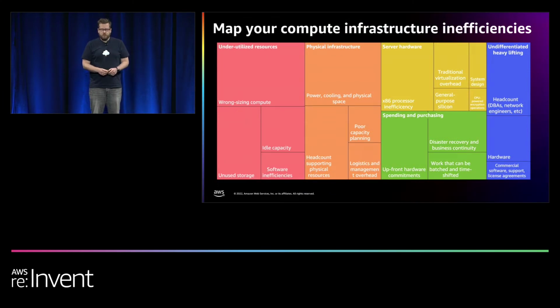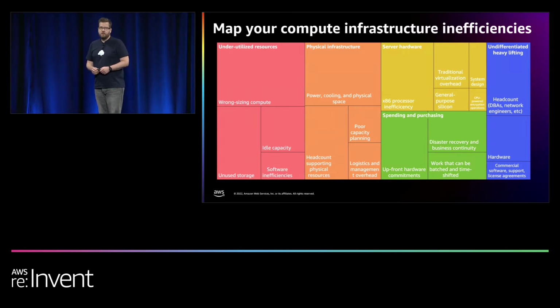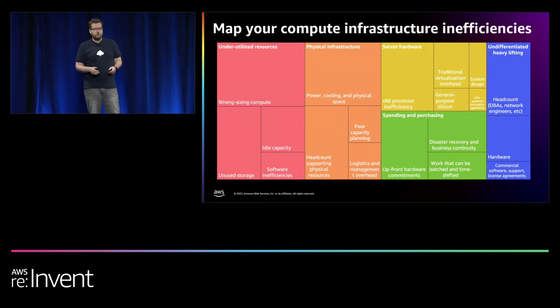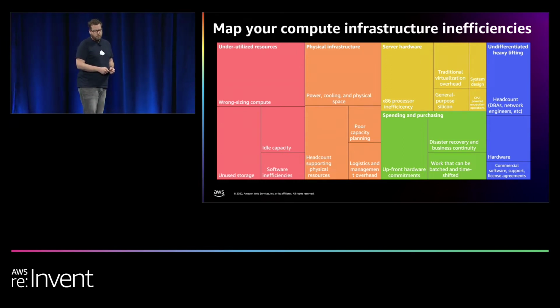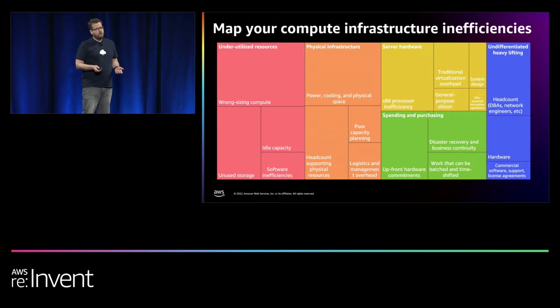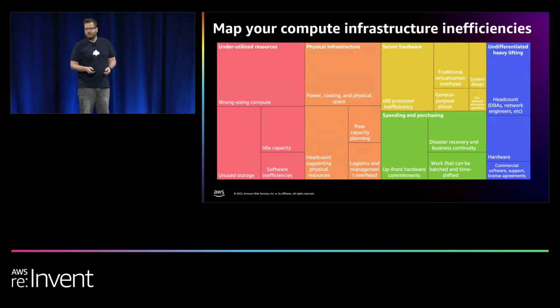Traditional IT infrastructure can have a lot of waste, and it's hard to figure out where to start. Ideally, you go through these outputs and inputs in the chain, which I've shown you before, and create a map of weighted areas. This here is just an example, and it's even independent of the cloud. And you can imagine if you move your workloads to the cloud, you can shift some of these blocks here into the responsibility of AWS. And with such a map, you can focus and identify the big rocks where you should start your